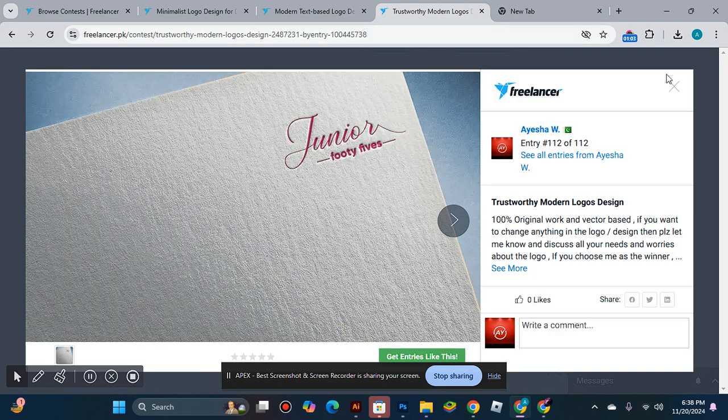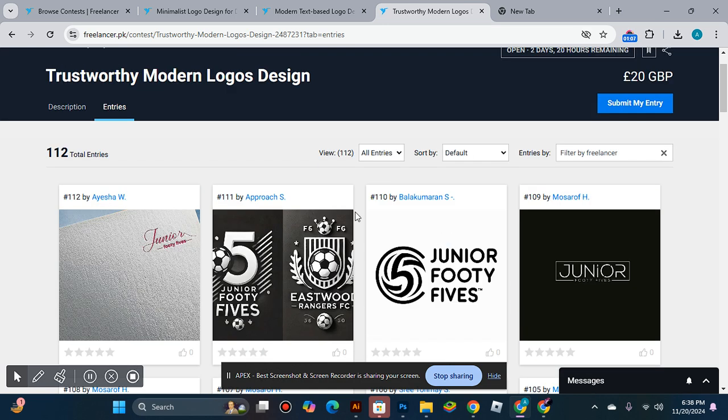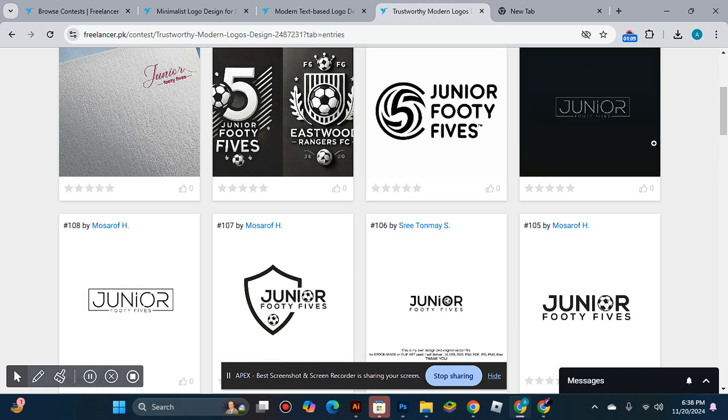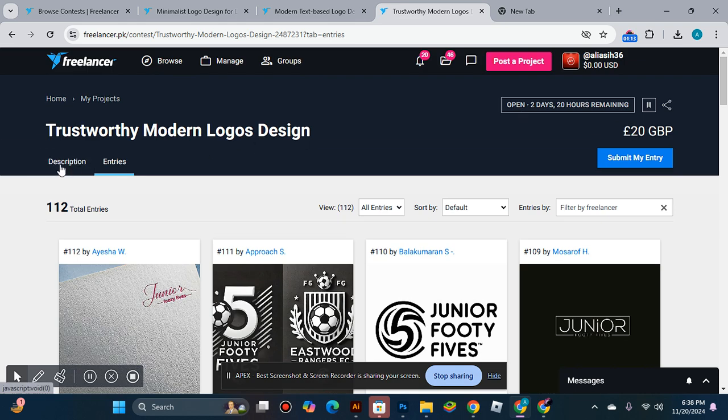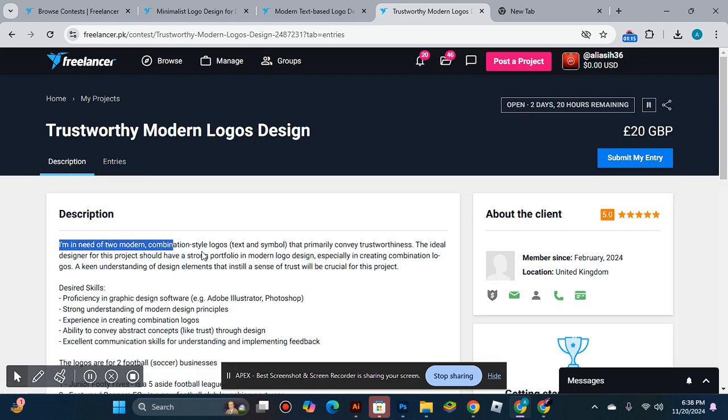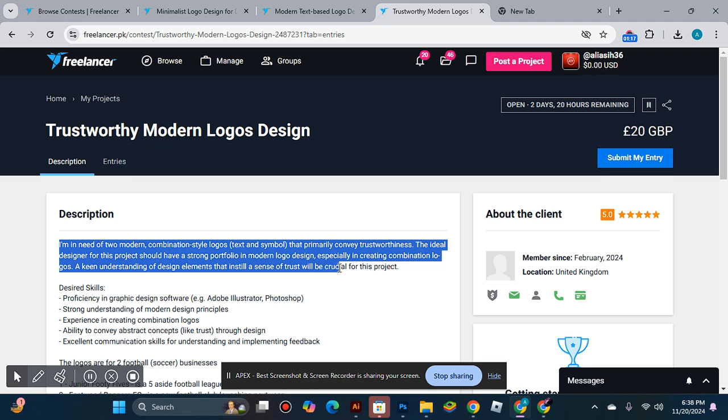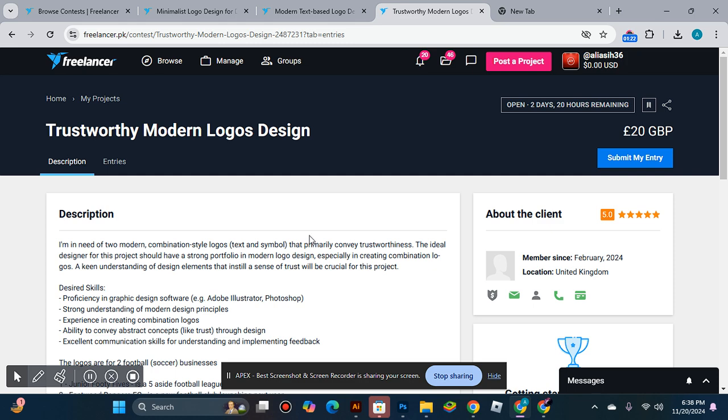And basically this is the title I made. This is the best minimal logos, and the client's description is: I'm in need of two modern combination style logos in text and symbol that primarily convey trustworthiness. And